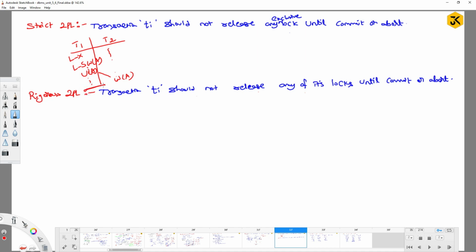Now, at this point, if there is any rollback, what will happen? Rollback of this transaction will lead to rollback of all other remaining transactions. Why? Because we haven't used any kind of commit operation. So to overcome the drawback, when you are trying to perform any kind of unlock operation, before that unlock you have to make sure that you do the commit operation,